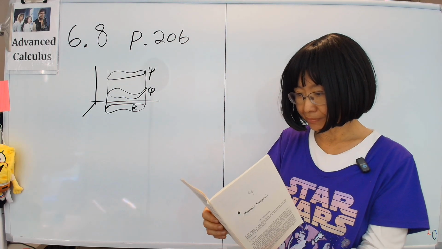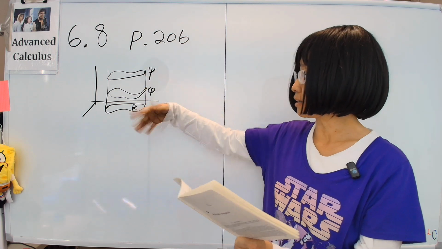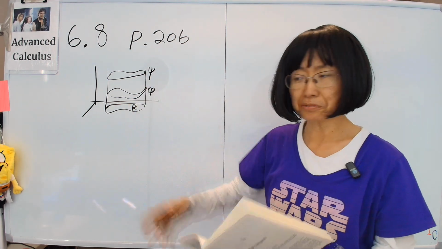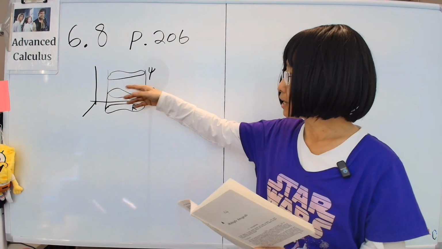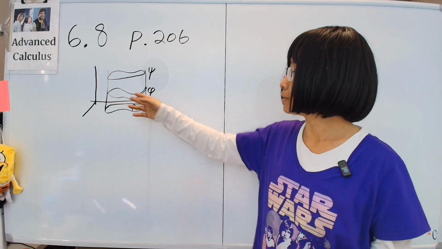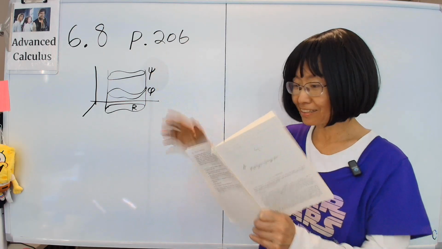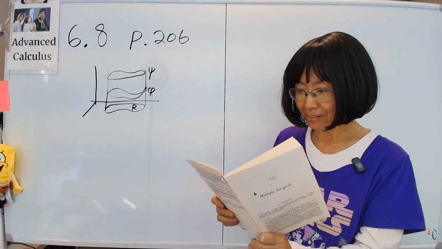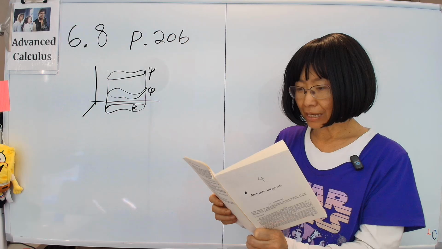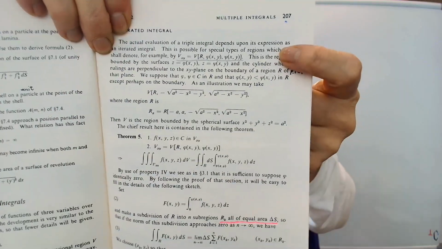So, yeah, we also require phi to be less than psi, so they don't cross or do something weird. Except on the boundary, it's okay that they reach each other sometimes, but generally speaking we'll keep it somewhat simple. Don't let this thing go nuts on us. As a demonstration of this notation, please pay attention to it,